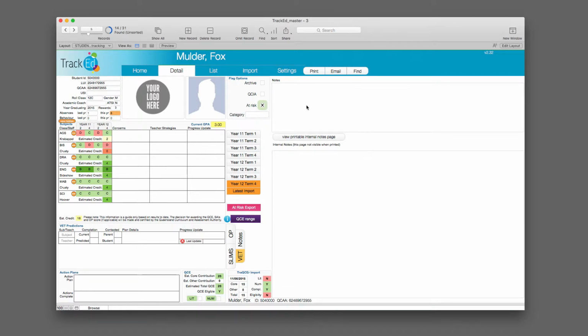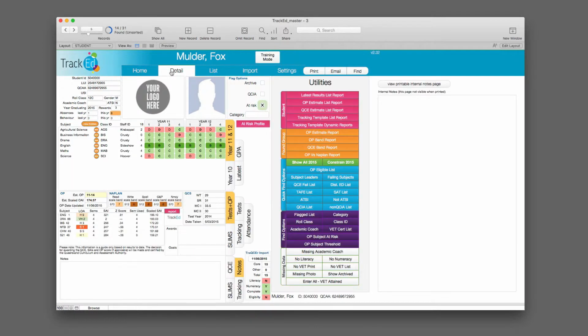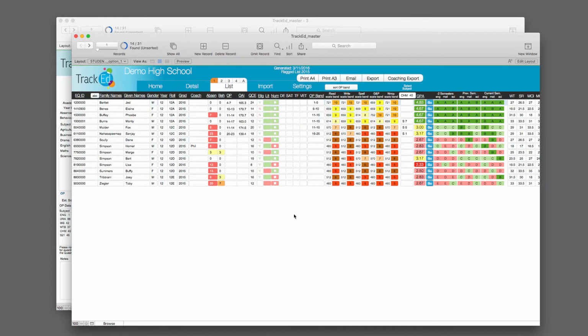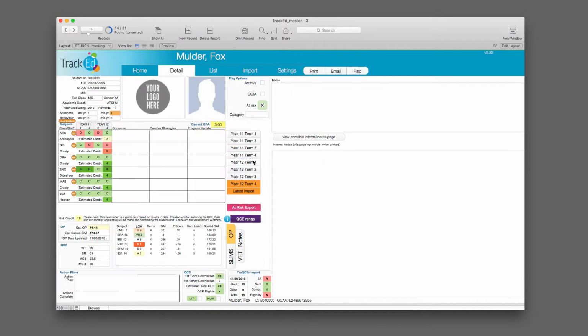In this video, we're going to look at the at-risk profile. Now I'm looking at it right now, but if I go back to the detail page, we have a little pink button here called at-risk profile, and I've actually already found my group of students using the flagged list that I have flagged as at risk in this case. So I've got my 14 students, and now I'm going into my at-risk profile for those 14 students, and I